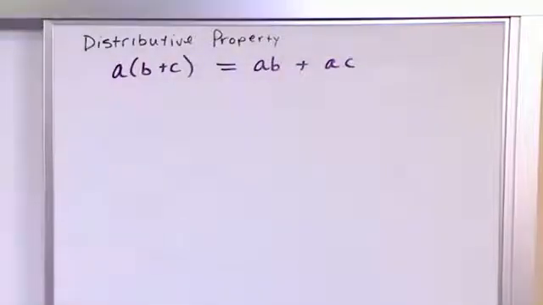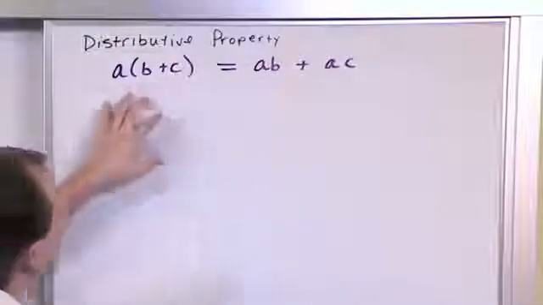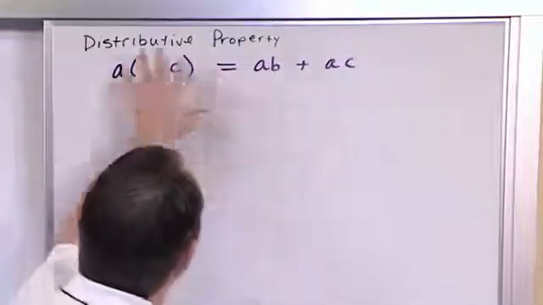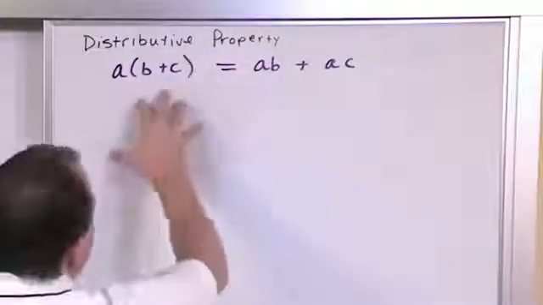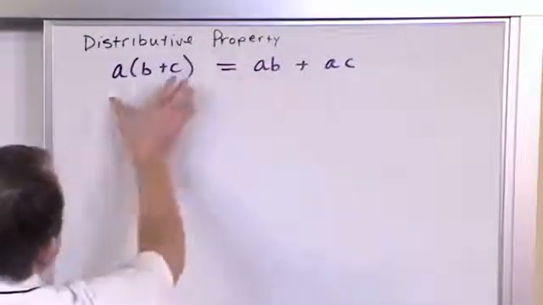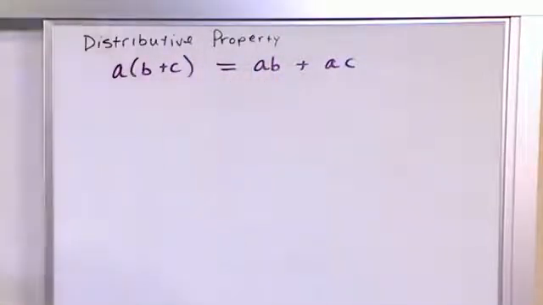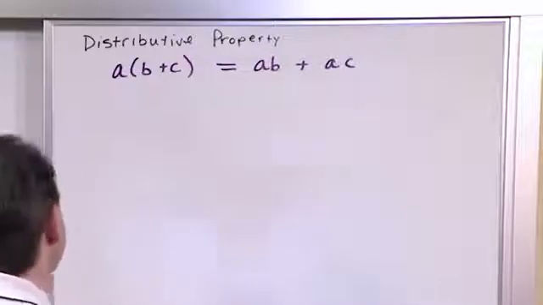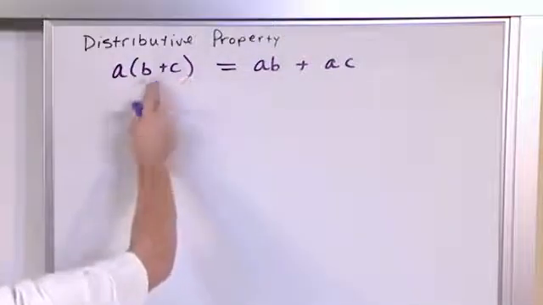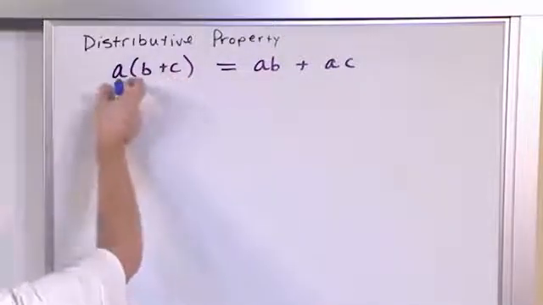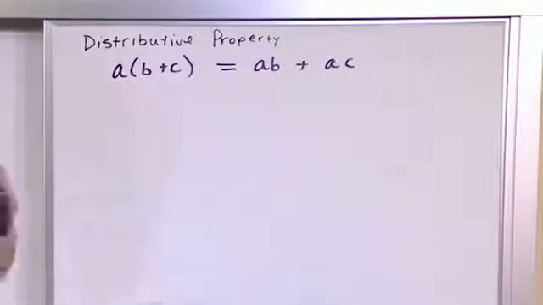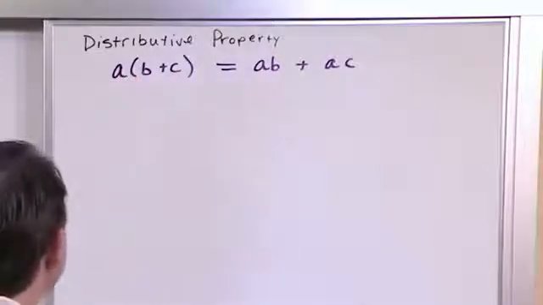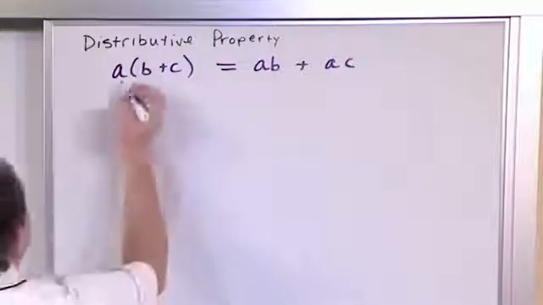It's kind of different than all of these other ones that we've done over here where we're just mixing the order. This doesn't have anything to do with the order. This is really a property that's telling you that the left-hand side is exactly equivalent to the right-hand side. In other words, you need to start conditioning yourself in algebra from this point on, really. If you see parentheses here with different terms added together with something sitting out in front, like some number or some variable, then you need to get in the habit of pretending that you're